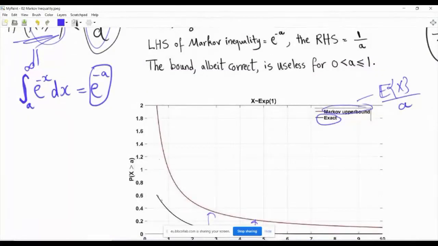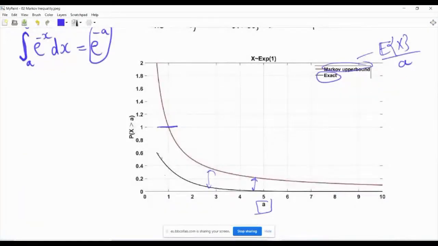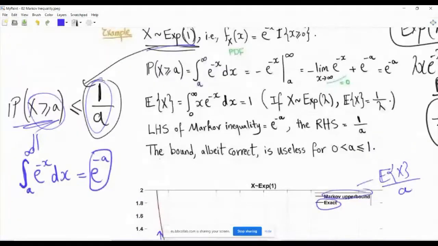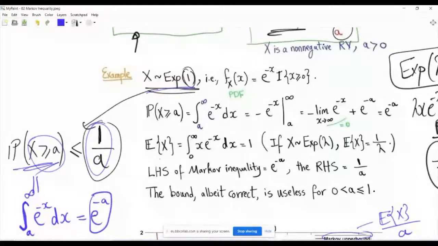See here in this curve. So basically this is the Markov upper bound, and if a is small, so if a is less than 1, basically the upper bound is greater than 1. And it's sort of useless, right? So basically if I tell you, oh, I have an upper bound on the probability, it is less than or equal to 1.4. Well, it's a useless statement because we know that probabilities are less than or equal to 1, right? So the Markov upper bound, yes, it can exceed 1. It will be a mathematically correct statement, no doubt, but it's useless, right?